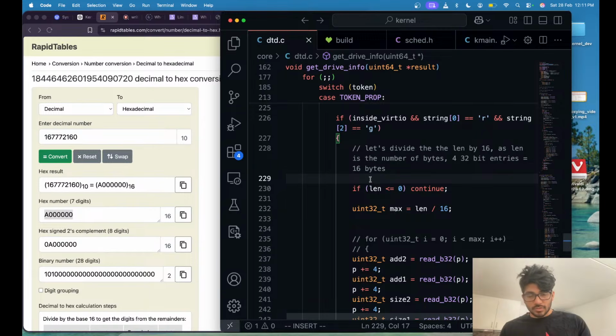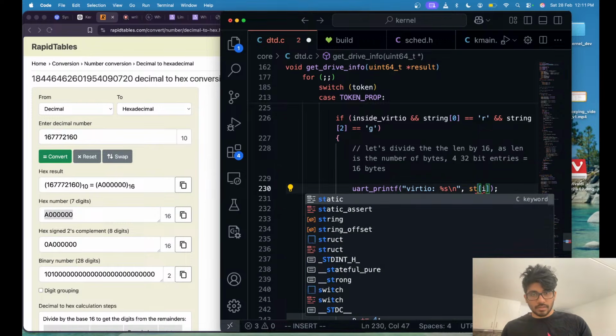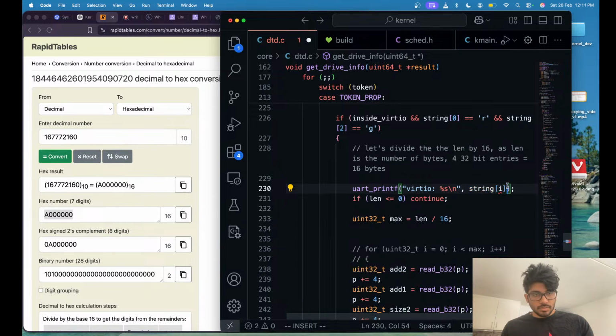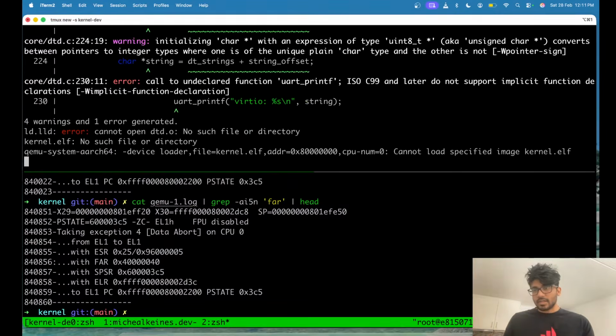Okay, let's also try to paste it here and see fetch IO, and it's a string, so we put string and we use that. Okay, now we run it,